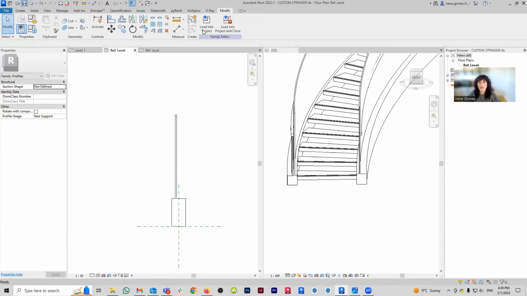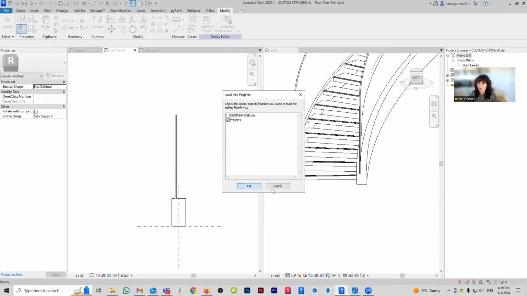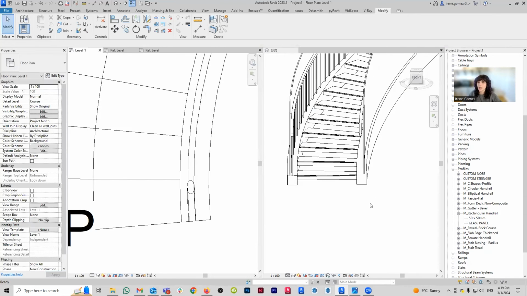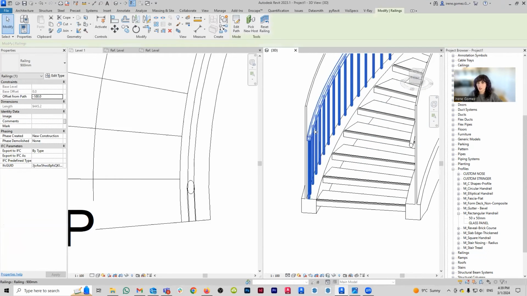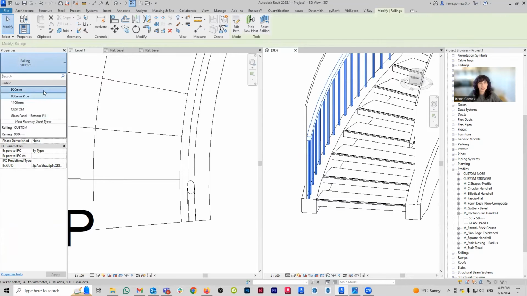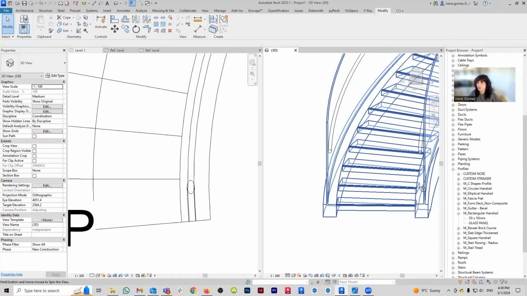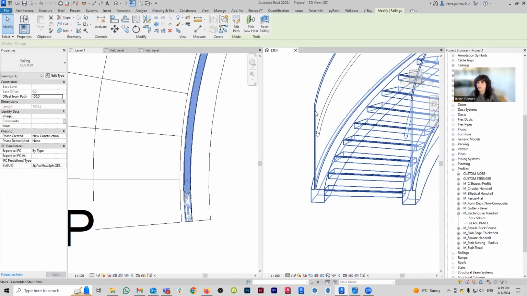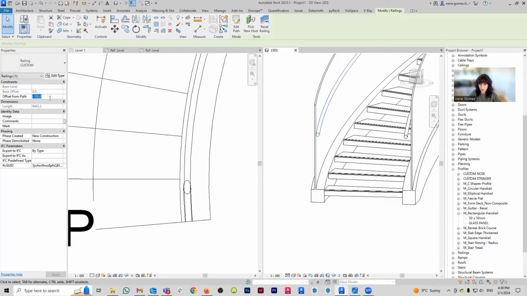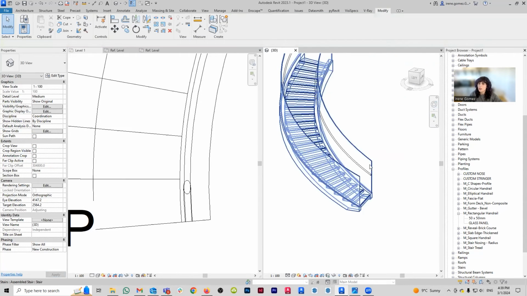Okay, and then save, and then load, and then project, override. There we go. Perfect. Okay, so what I'm going to do here, just so I get a better vision, I'm going to replace this guy with my new custom. There you go. These guys are a little bit, oh yeah, this guy's close. So let's say that it's going to be -50. I want it to be a little bit further away. And then this is also going to be -50. Okay, we're starting to take shape.